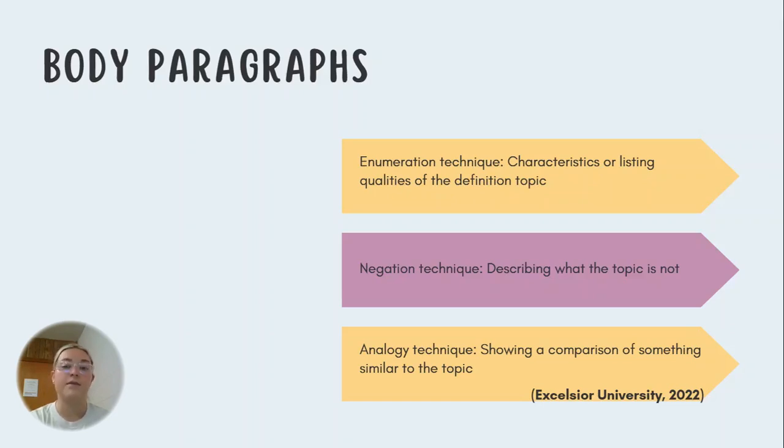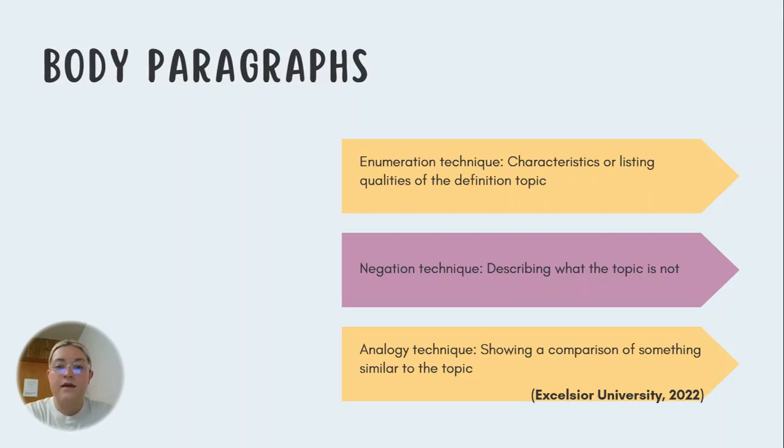of the definition topic. So this would be talking about a word, for example, and then you would list all the characteristics and qualities that go within that topic. And like I said, depending on what you might be writing about, this might be good for something where you're pairing it with an argumentative essay because you're setting it up for what you're talking about.